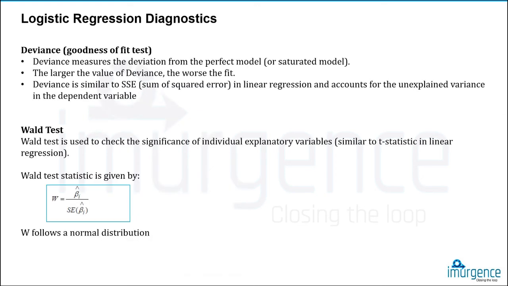Right? The deviance, that is the goodness of fit test, the residual deviance: the lower the residual deviance, the better it is for us. Larger the value of deviance, the poorer the fit, right? The deviance is similar to the sum of squared errors in a linear regression and accounts for the unexplained variance in the dependent variable, right? And the Wald test is basically used to check the significance of the individual explanatory variable, something similar to the t-test, wherein we were saying b1 divided by standard error of b1. In this case W is equal to beta 1 estimated divided by standard error of beta 1 cap. W follows a normal distribution,